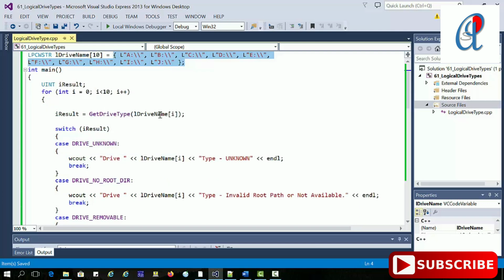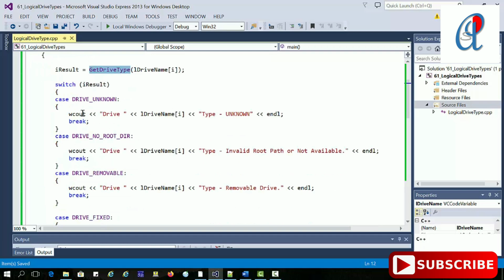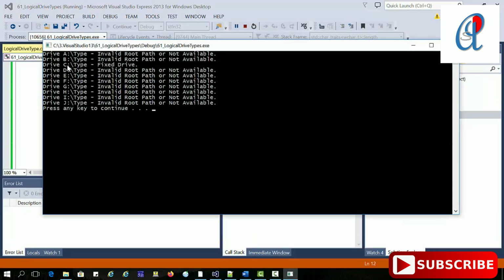Each time I'm calling GetDriveType, and based on the return value, it will identify the drive name, right? There are a total of 10 here. So what will happen in this program is that it will identify only the drive C, because in my system there is only the C drive. The V drive was there, but here I have not written it. So if you write that, it will identify the V drive as a network drive.